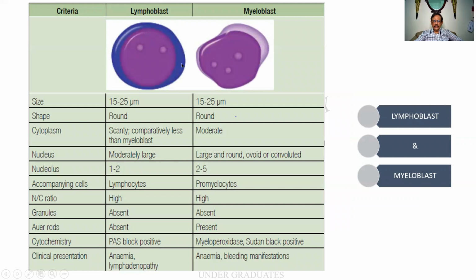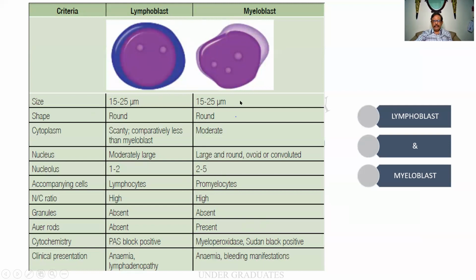So this is the nightmare for the pathologist. I'm seeing a lymphoblast, I'm seeing a myeloblast. Both can cause leukemias. One is called ALL, the other is called AML. And we will have to identify what particular cell the patient has got, whether it is a lymphoblast or a myeloblast. And for you people, whatever be the question, it is better that you write the differences between a lymphoblast and a myeloblast. They are given over here.